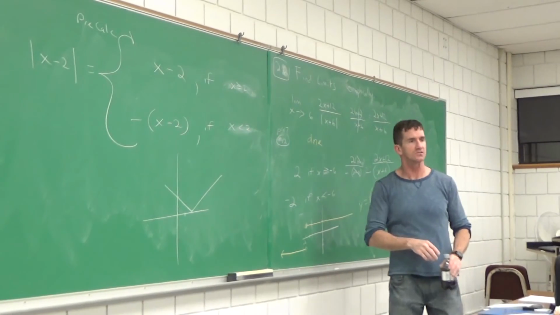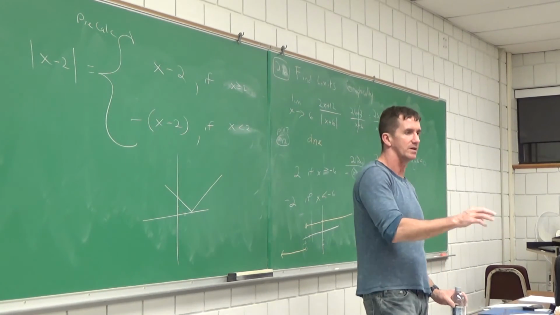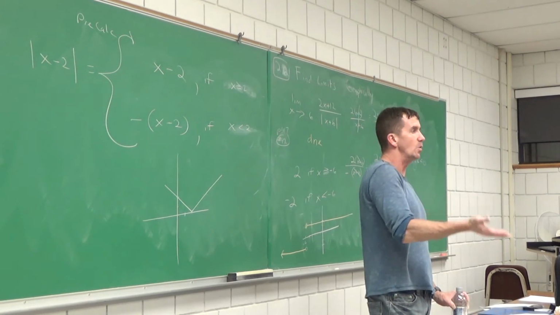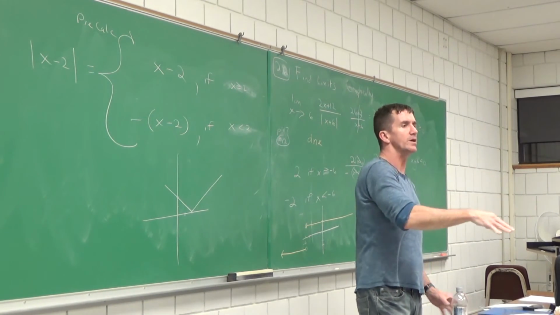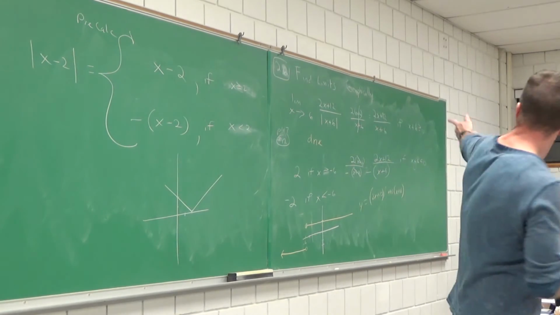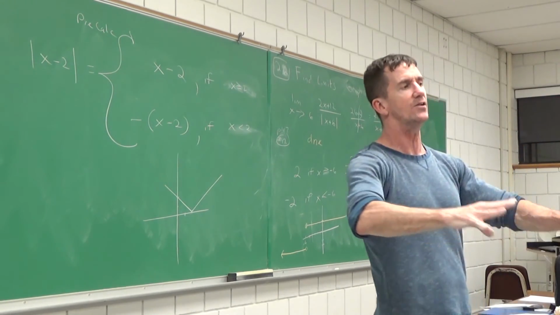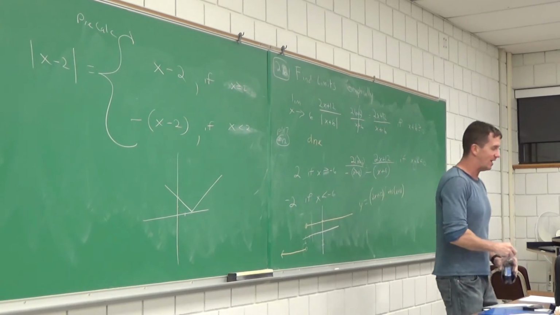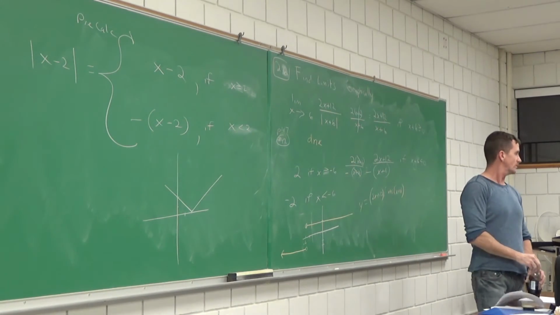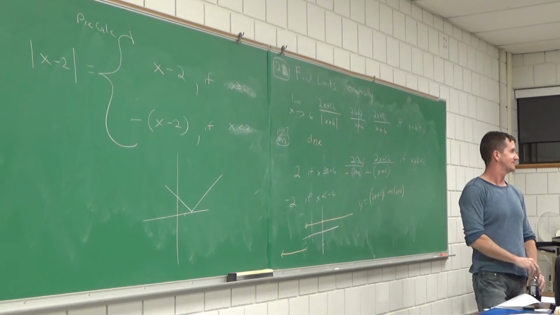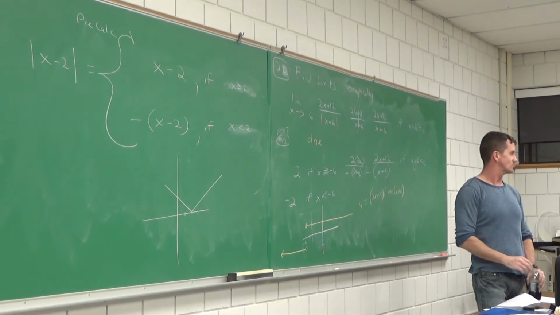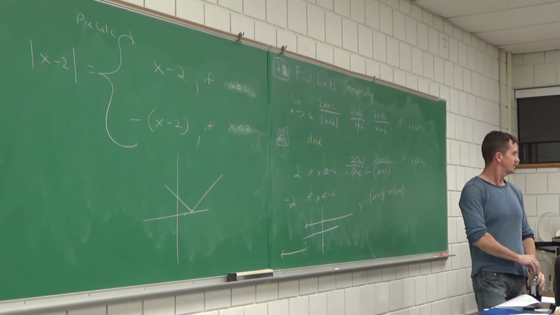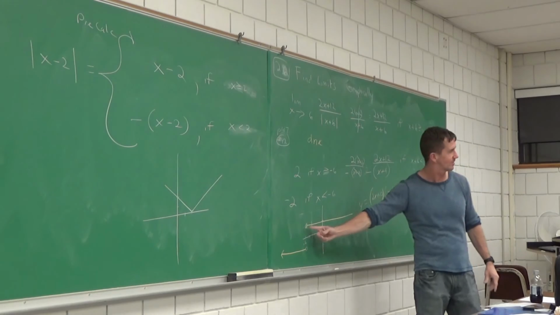I want to see how good your calculators are. Who has an 83? That's really what I'm curious about. I wonder if the 84 is better than the 83. Did it do it? Oh, good. So guys, it works. This is my point. If you're stumped on a test and you see something like that, you think, wait a minute, I know how to do limits. I just need to look at the graph. If you're struggling with the algebra, pull out that graphing tool. I was wondering if the 83 is just as good. Yeah, it worked. It didn't do a funny, goofy thing here. Sometimes I was worried about that.